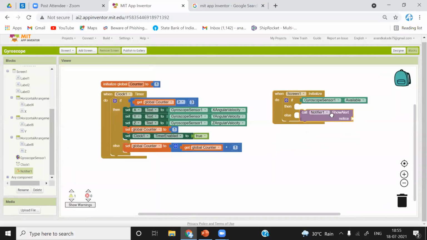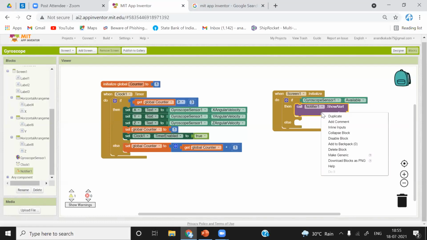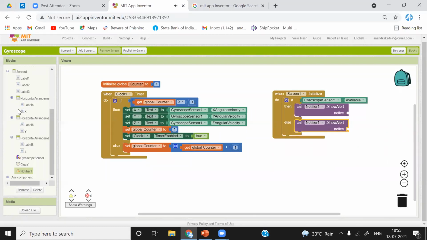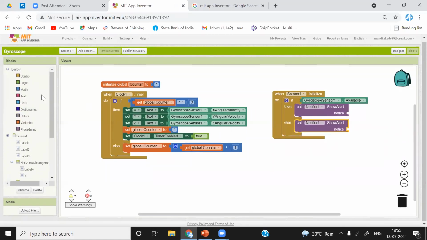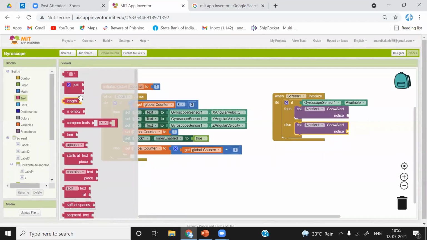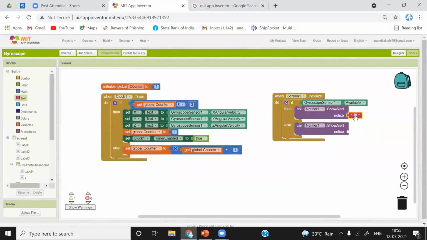Show notice. If the sensor is present, we want to give a pop-up as sensor available. And if the sensor is not available, we want to show sensor not detected. So you have to give a string argument over here. I will go to text, select it, duplicate it, connect it.